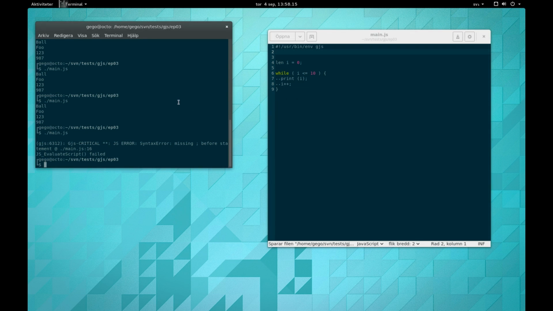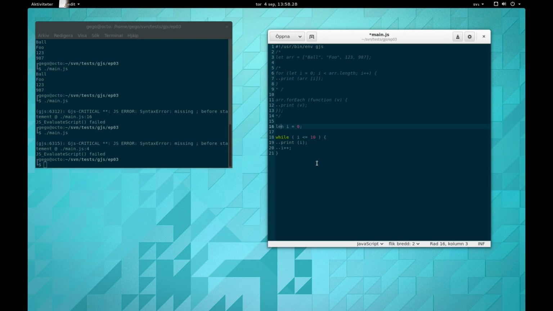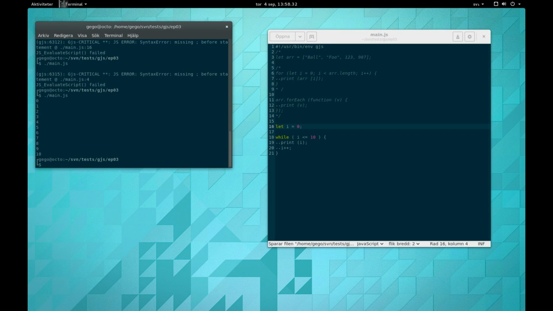I would remove that, just before the statement. Oh, let, not len. Excuse me. Let. We iterate over every one of them. This is actually exactly the same as for